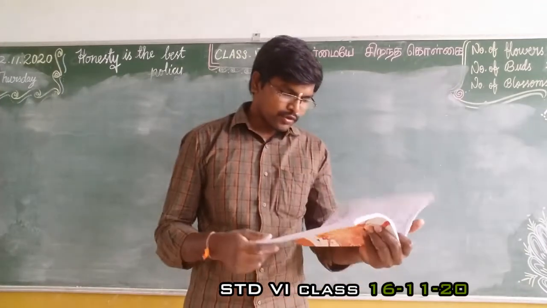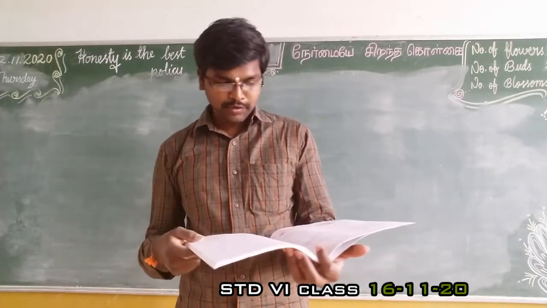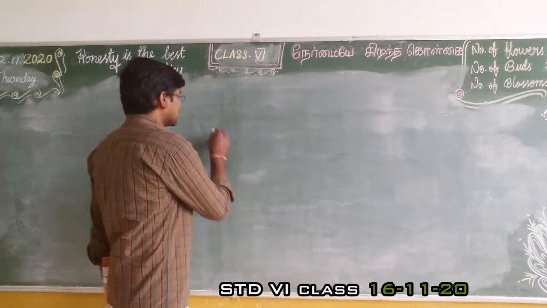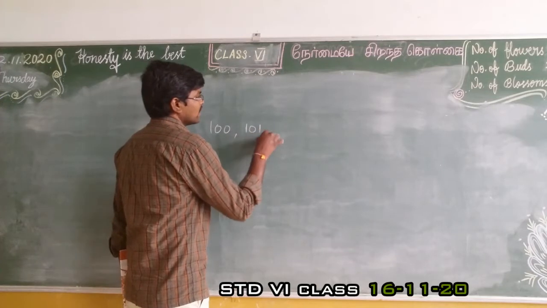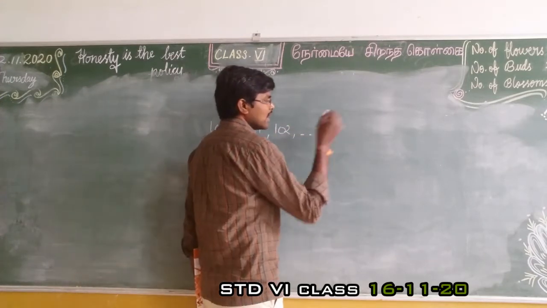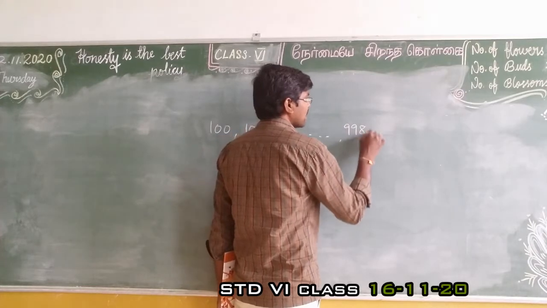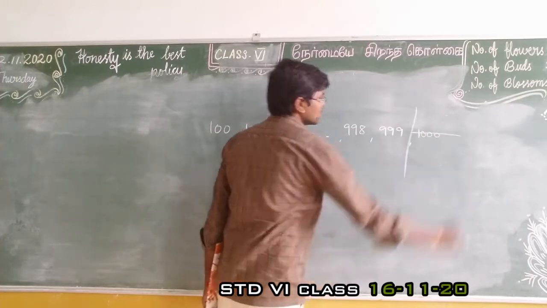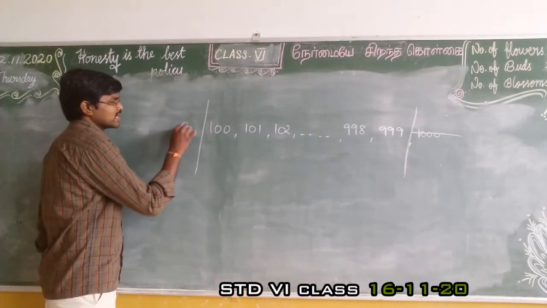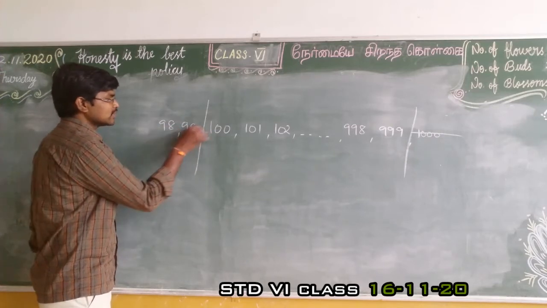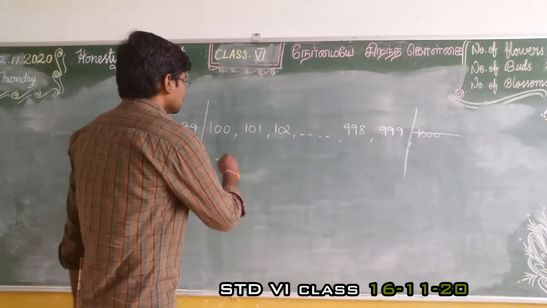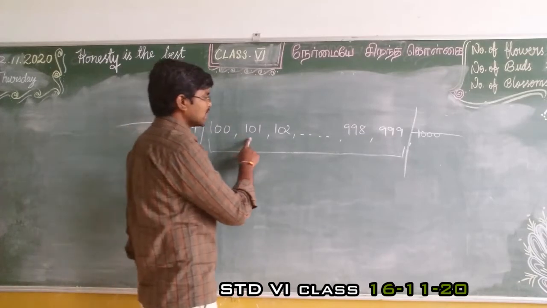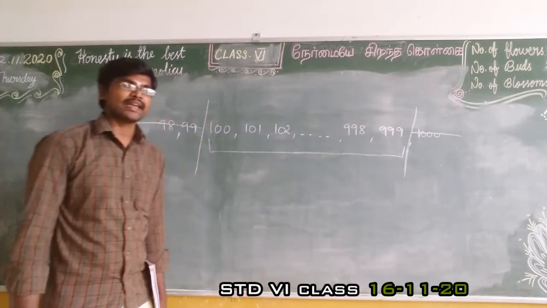So question number 4. Question number 3 already paathachu. Question number 4. Smallest 3-digit composite number. So 3-digit will start from 100 onwards. 100, 101, 102 and so on up to the last number 998, 999. After here 1000. So 1000 is a 4-digit number. Same over here, 99, 98, these are 2-digit numbers. So leave that one. Then in the center we have the values 100, 101, 102 and so on up to the last number 999.